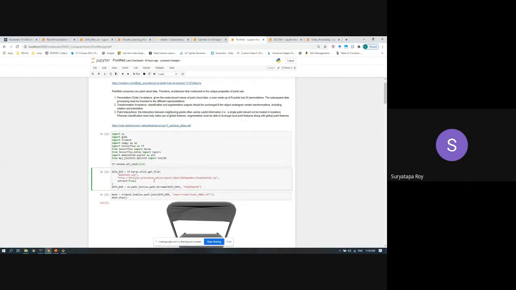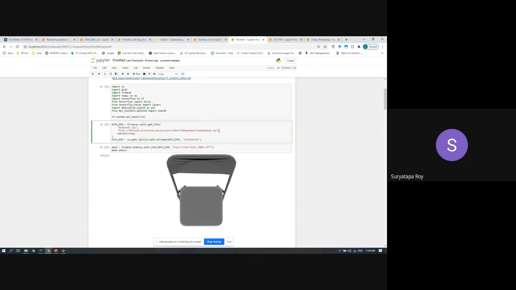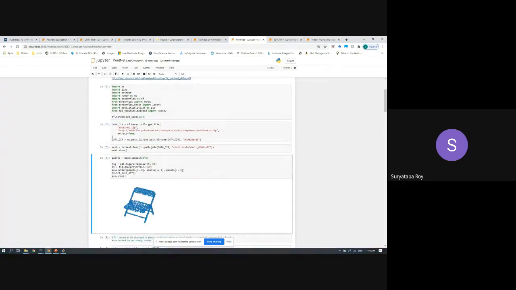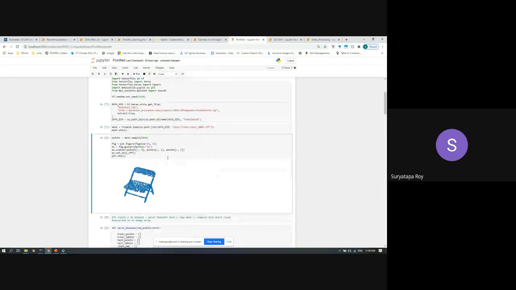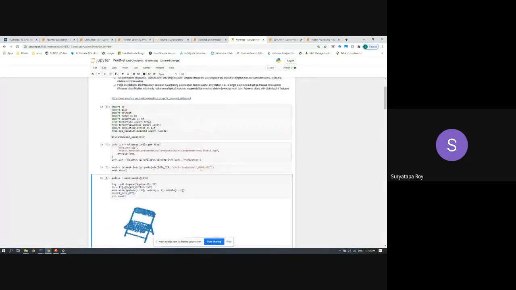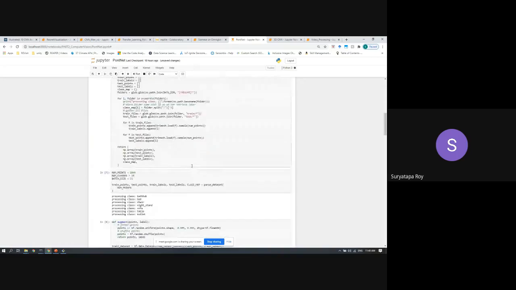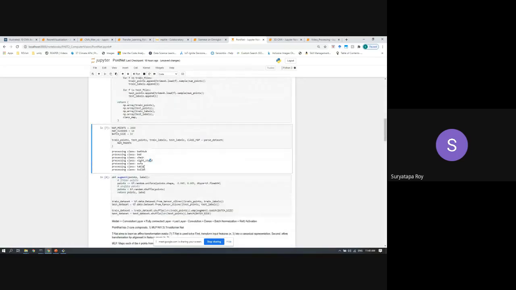Here is the data set, you can download that, and you can see this is a 3D object of a chair. So this original data set might have had a bunch of different classes, but we are going to consider these classes only: bathtub, bed, chair, nightstand, table, and